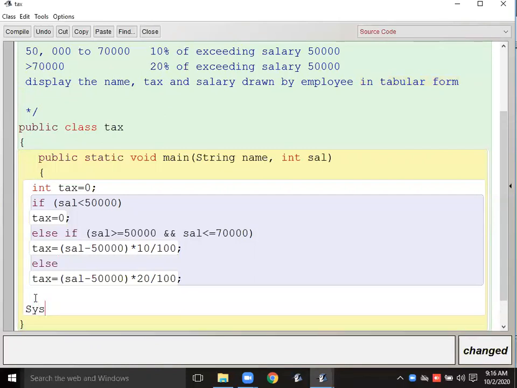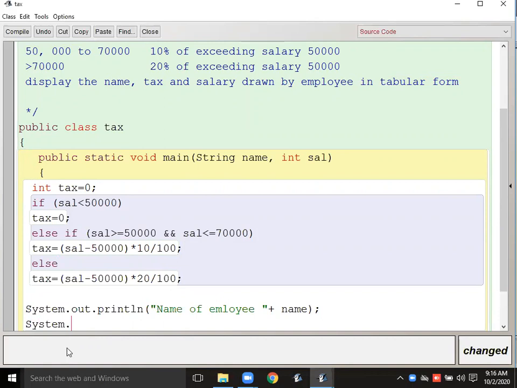Okay, so here I am writing System.out.println, name of employee. Okay, so in the name I have accepted the value name.